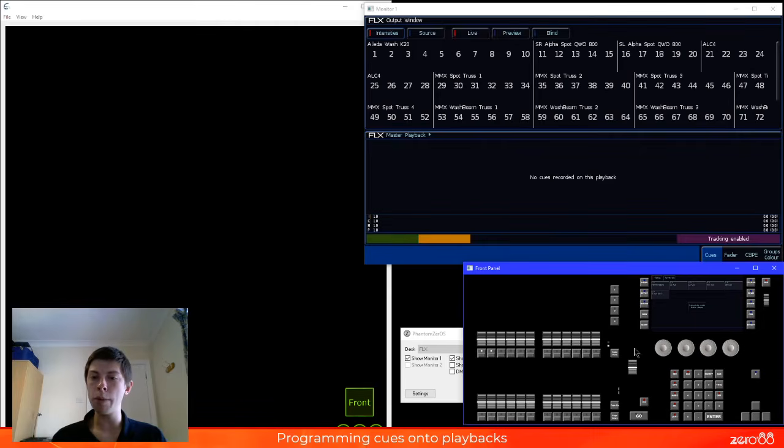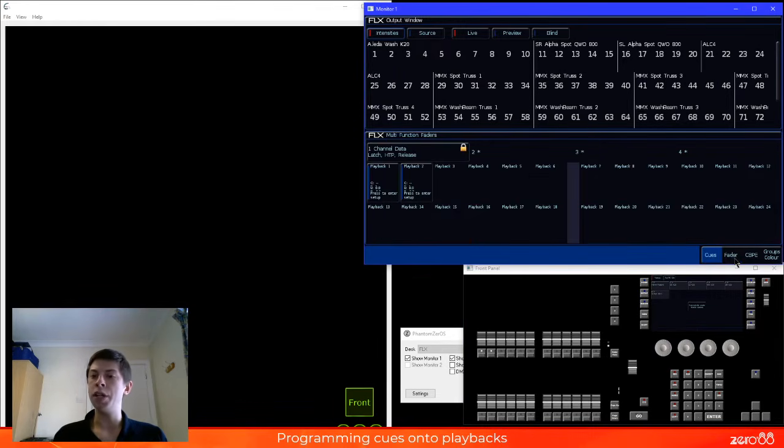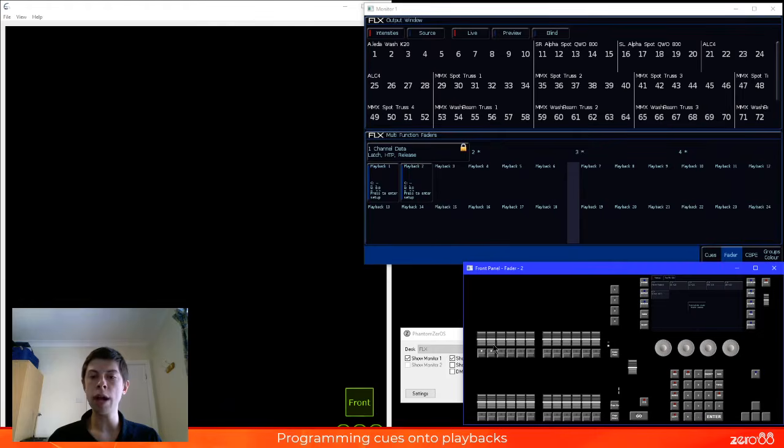So I can make sure that I'm on Playback's fader function. Your faders will have two functions, channels function or Playbacks. And in Playbacks, I can now see that I have two of my fader buttons lit, meaning I've now got two lighting states programmed in, the first of which was already programmed. I'm going to go to my faders window here, and I can now see with my on-screen faders, I do have something on fader 1 and fader 2. And if I go in there and push up lighting state number 2 that we've just programmed,